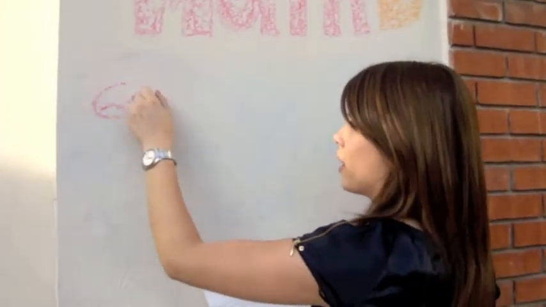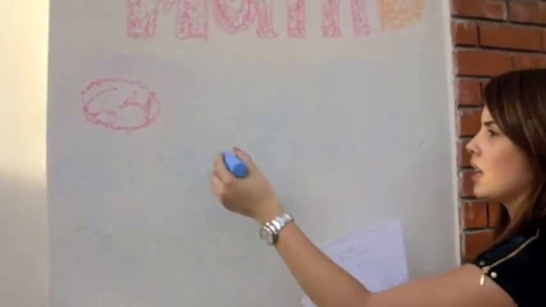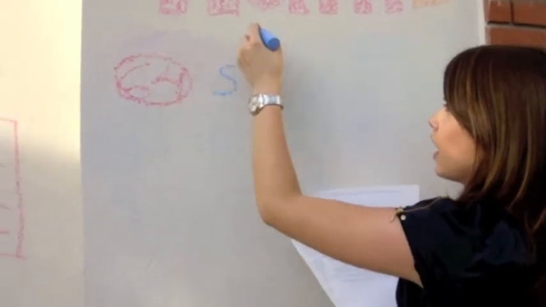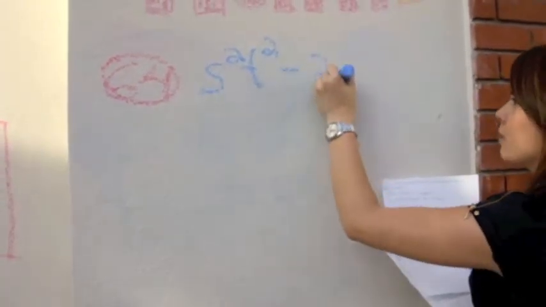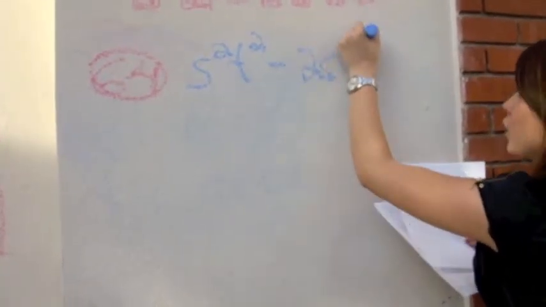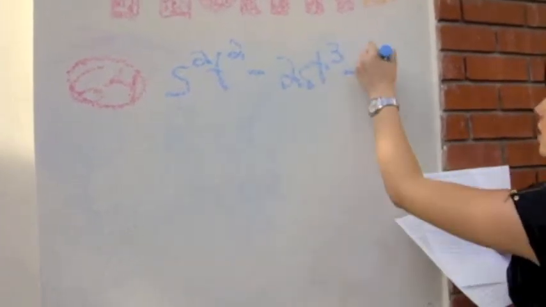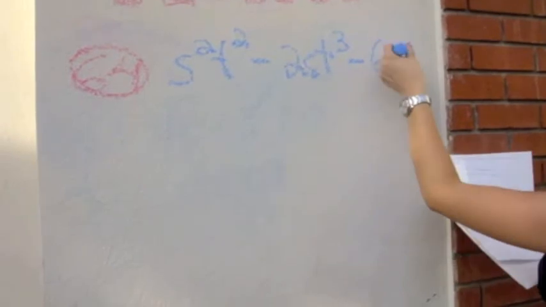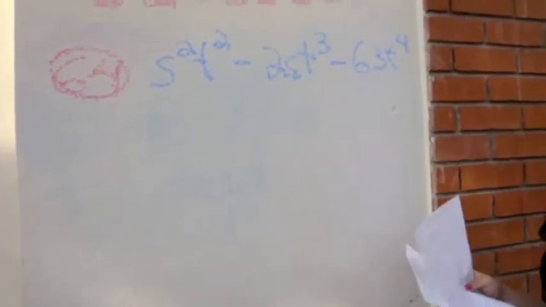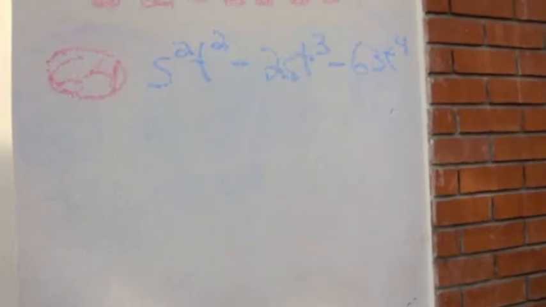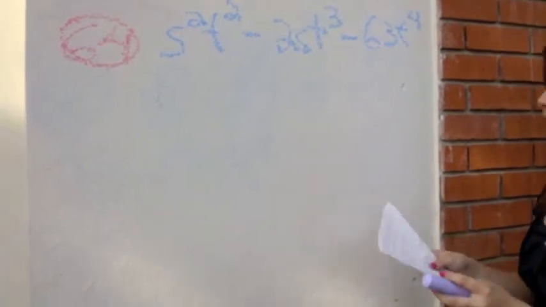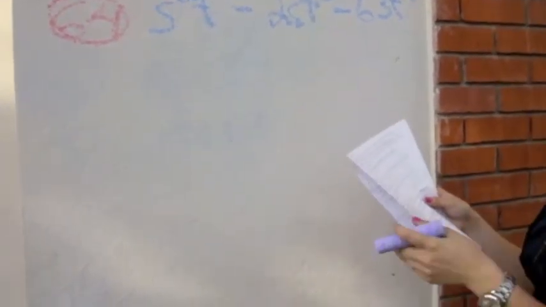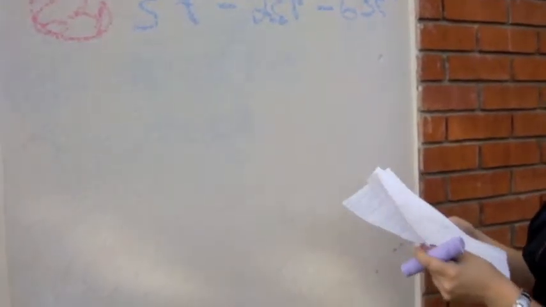Problem 64. Here the problem is s squared t squared minus 2st cubed minus 63t to the fourth. Before doing anything else, look for the common factor. So as they said, the first thing we need to do is, like the song says, look for the common factor. Here, the common factor, as you can see, is t